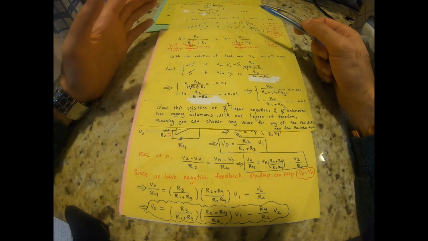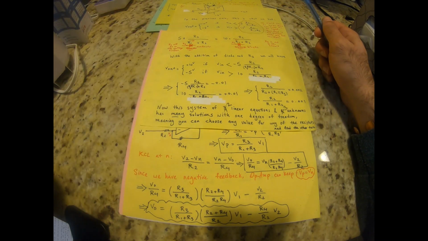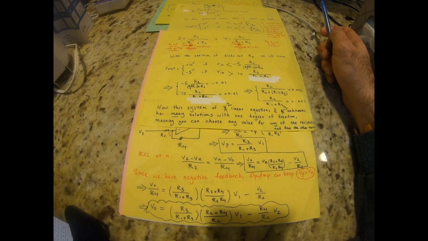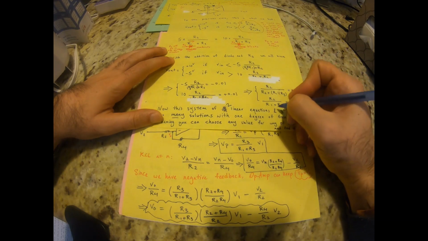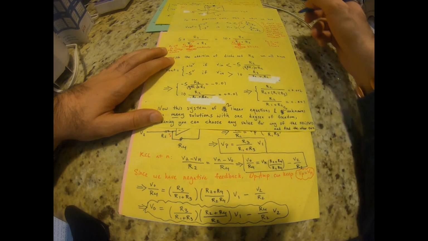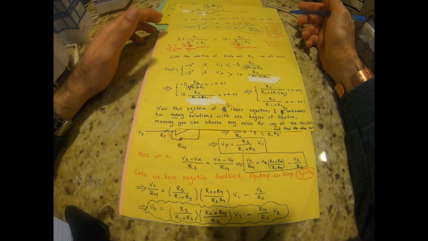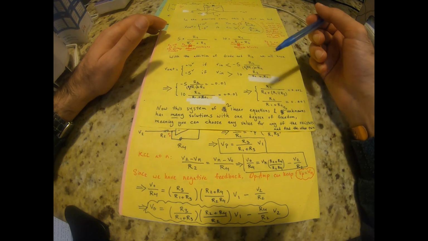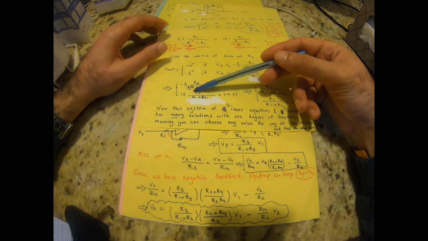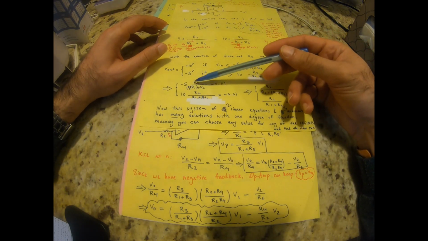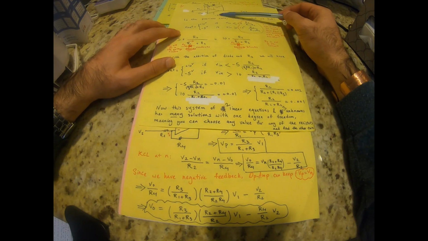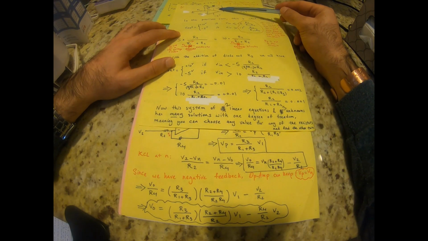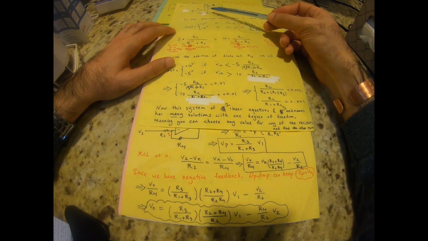Usually when your number of equations is less than your number of unknowns, it means that you have a degree of freedom. You can end up with many different answers, many different solutions. What does that mean? It means that you can just choose any number for one of the resistors and find the value of the other two. So for the case that you don't have symmetrical power supplies, then we can solve this